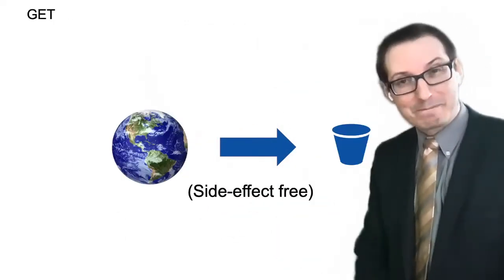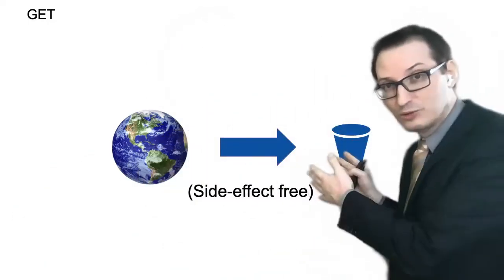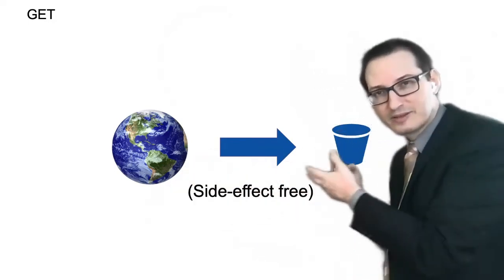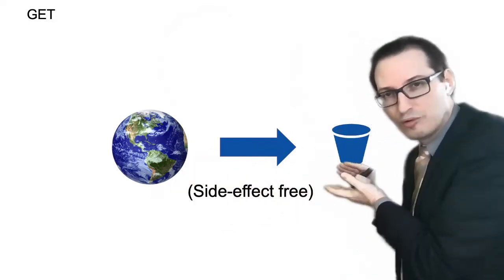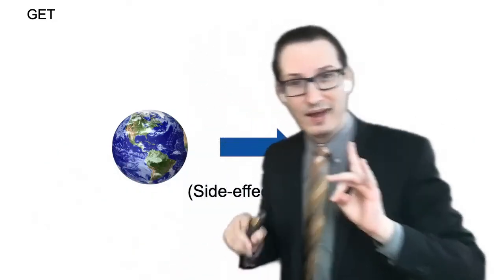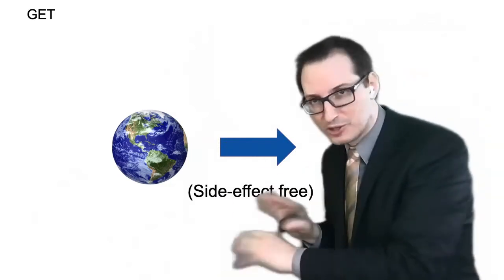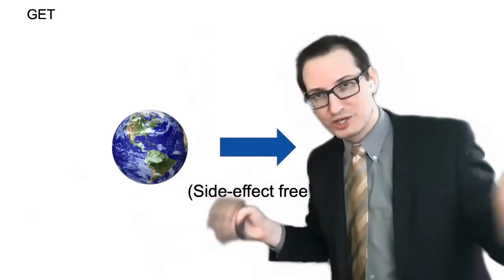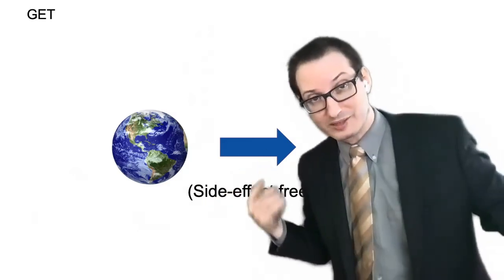So get gets you the object. If you say get with the URI of the object over HTTP, then you get back the object over HTTP as well, right? So you send get with the URI of the object, and over the network, you receive the bits of the object that you have asked for, the picture or the video or whatever. This is get. Get is side effect free. It doesn't modify anything, right? It just gets whatever value the object has and gives it to you.